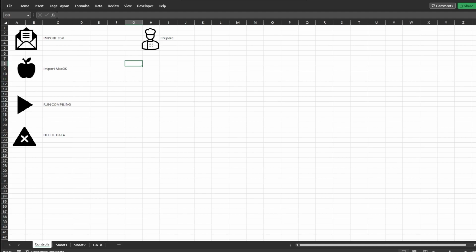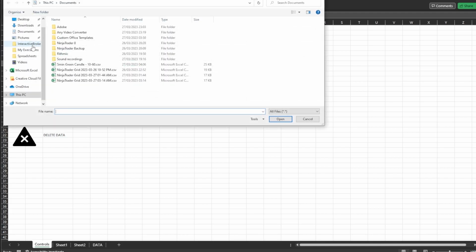Just be aware not to export CSV files with overlapping dates from the Interactive Brokers homepage. For example, if you exported data from 1st of January 2019 to 1st of January 2020, the next export should start from the day after, the 2nd of January 2020 and so on. Let's grab the first CSV file